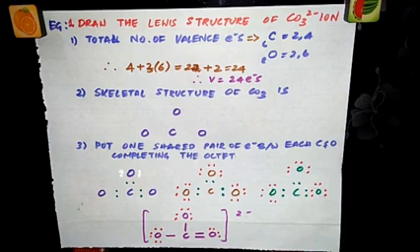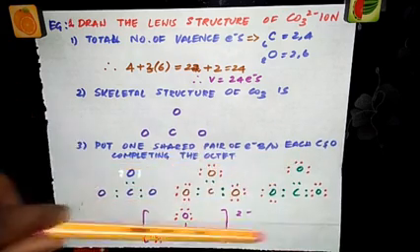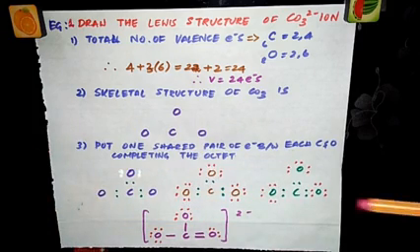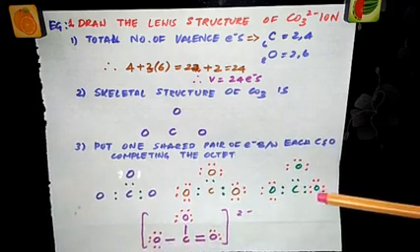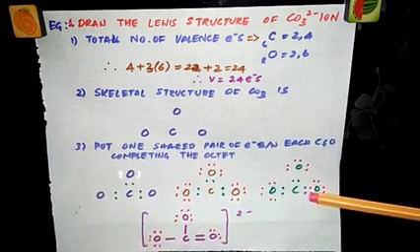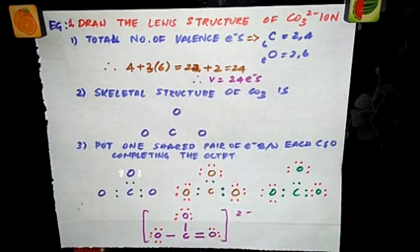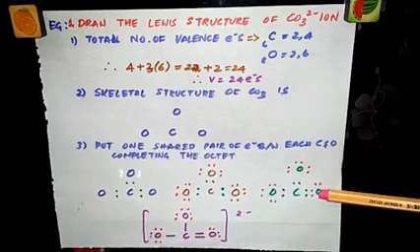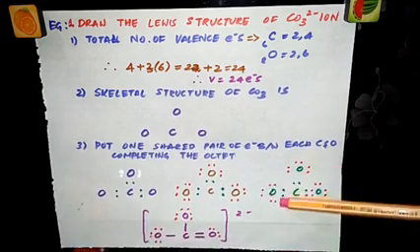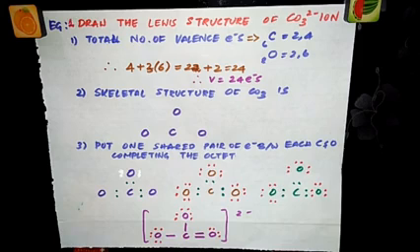So now to complete the octet for the carbon, you have to move a pair of electrons from any of these 3 oxygens to between carbon and oxygen. So I'm moving from this oxygen. I'm moving a pair of electrons from here to represent a multiple bond, which means a double bond between this carbon and this oxygen. Others are staying intact. You can move the electrons from any of these oxygens, not only particularly from this oxygen. From any of the oxygens you can move the electrons between carbon and oxygen to represent a double bond.